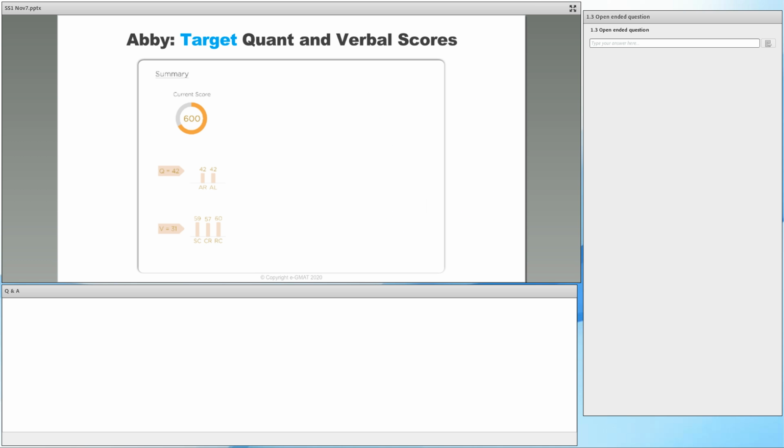So the first thing that the study planner does is it takes in your starting abilities. So you can see it takes in the quant Q42, V31 over here. And then based on this, it tells you your target abilities that you should aim for. So these abilities, these scores, that Q48 and V42, which is what Abby should aim for, is